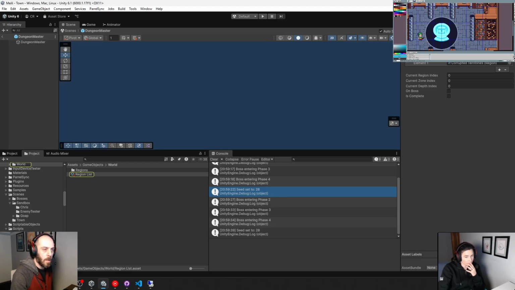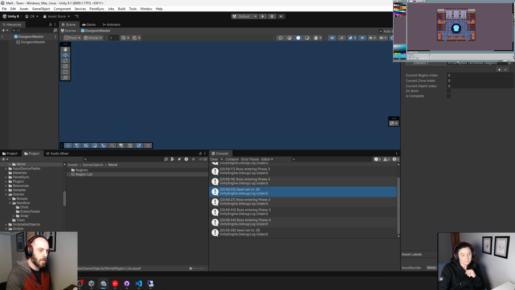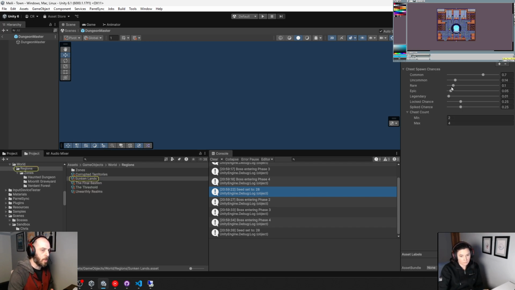So the areas are called regions. Each region, we're gonna have, I think, up to 5 regions in the game right now. And the idea is that the quote unquote dungeon will be set through the path of those regions. So the first region is going to be called the Sunken Lands. And when you go into the Sunken Lands there will be multiple zones to pick from. And so when you start the game, you're going to get a choice to go to one of those 5 places within the Sunken Lands. When you beat a zone,